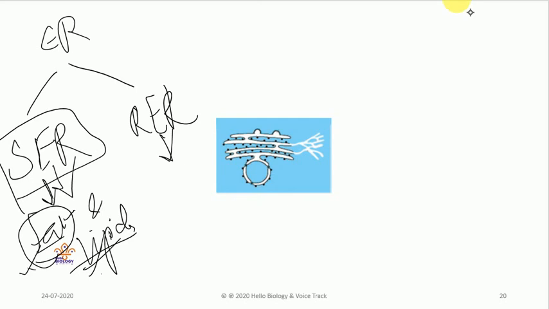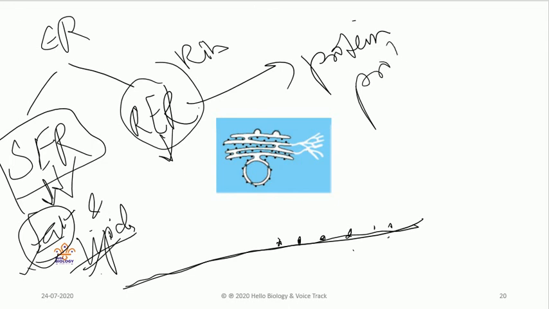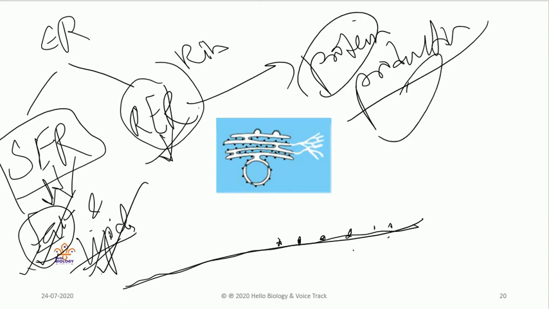And rough endoplasmic reticulum has ribosomes present on it. Why is it called smooth and rough? Smooth means nothing is present on the endoplasmic reticulum. Rough means ribosomes are attached on its surface. Understood? This rough endoplasmic reticulum helps in protein production. Fats and oils, smooth; and rough means protein production. It is also bounded by a membrane, the endoplasmic reticulum membrane. That is most important.